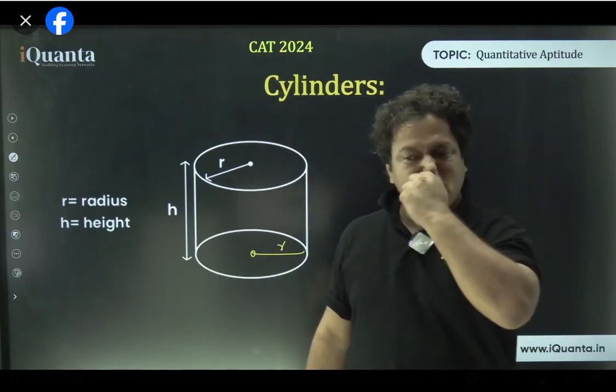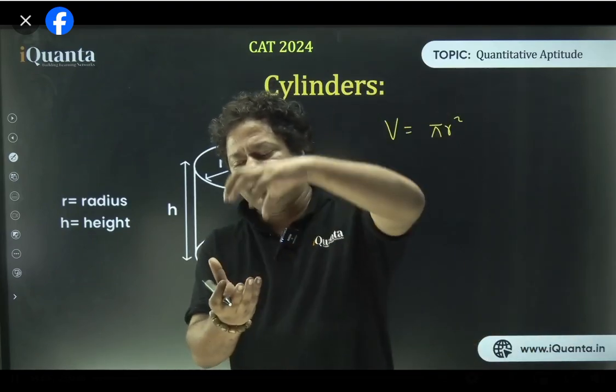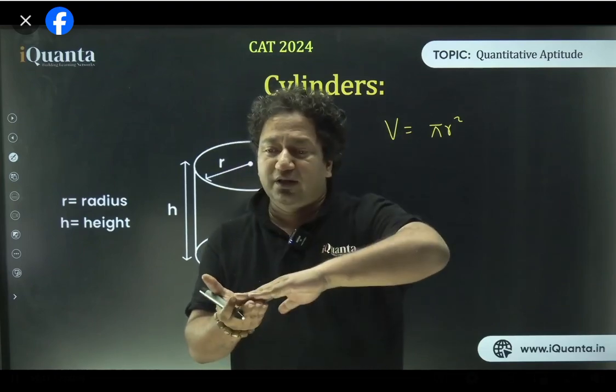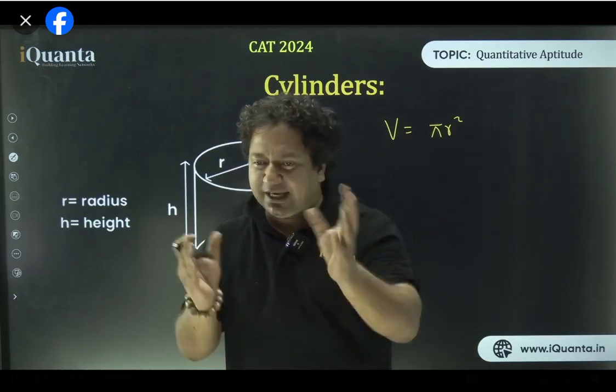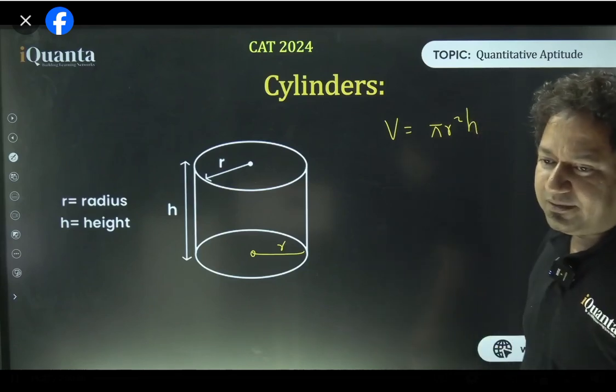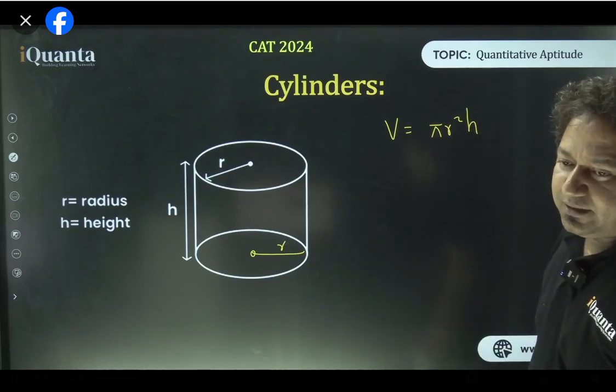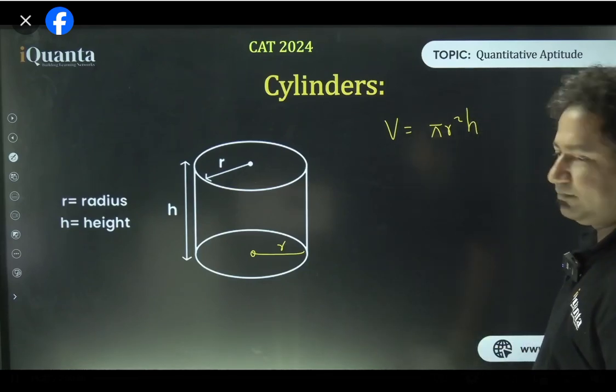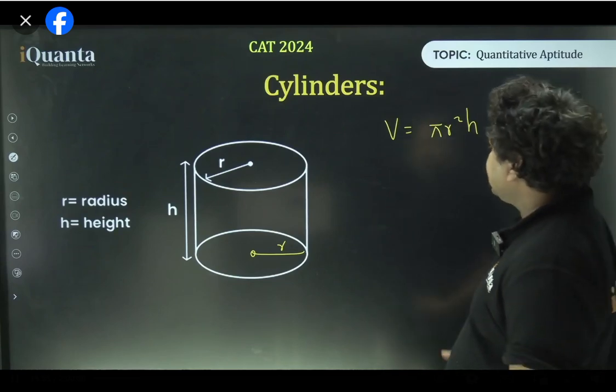Do you get it? Or suppose there is one circle of area pi r square, and you put another on top, then another, and another. So overall we will have h circles, h times, right? So pi r square h will be the volume of the cylinder. Is that clear? Ayush, exactly. Okay, perfect.